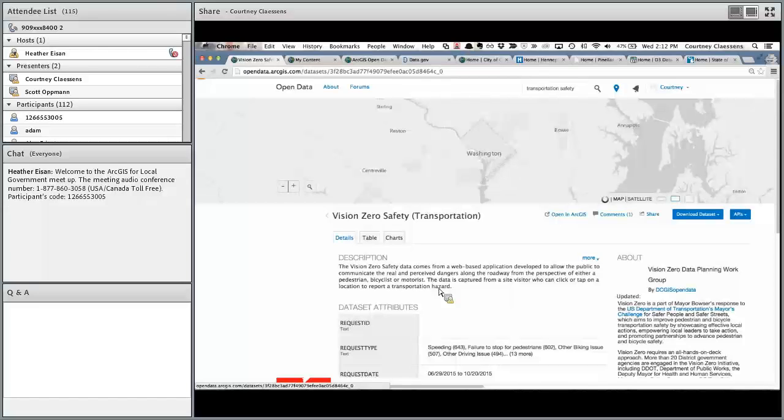And once you get into it, what does it look like? This is a screenshot of a data set from Washington, D.C. And it really gives your users a data-centric view into your organization, like I said. So we can see the data on the map. We can move into the table, and I'll do a demo of this in a moment. But this data set can be accessed in multiple open formats. Your users can download your data directly from your services as a CSV, for a spreadsheet, KML, which is keyhole markup language, what's used in Google Earth and Google Maps, as a shapefile, or through APIs as GeoJSON